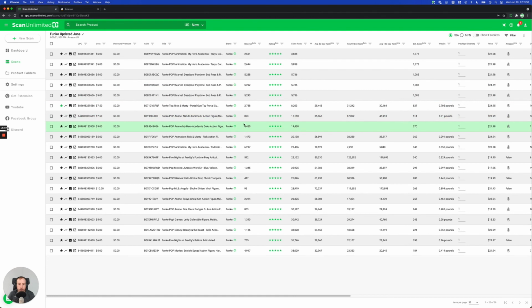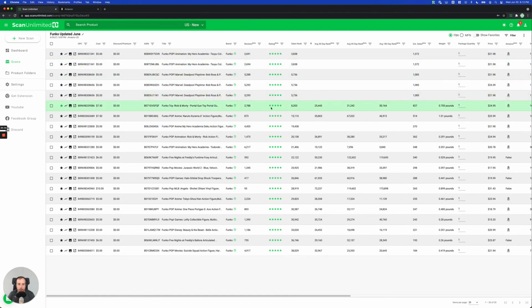But another feature of the power up is the reviews and rating. Besides obviously showing you whether people like the item or not, I also use the reviews and ratings to provide an extra validation of demand, because an item that has a lot of reviews, well, you have to have a lot of sales to get a lot of reviews, right? So that's one piece of data I get out of the reviews column. And another thing I get from it